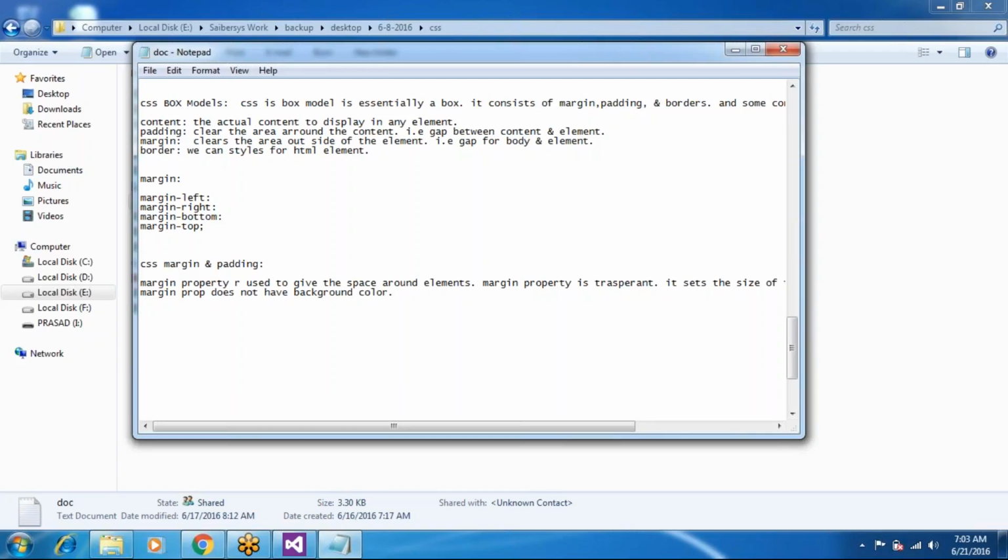So we have 4 margin properties: margin left, margin right, margin bottom, and margin top. So these are the 4 types of margin property. So using margin property, we can set the white space around the elements,